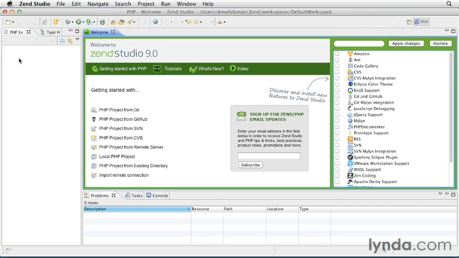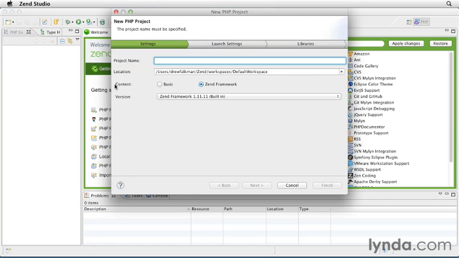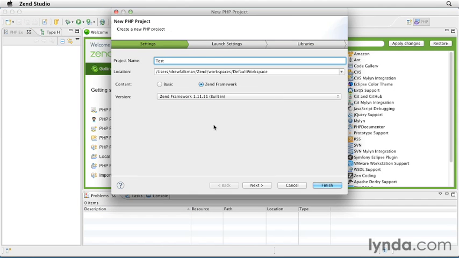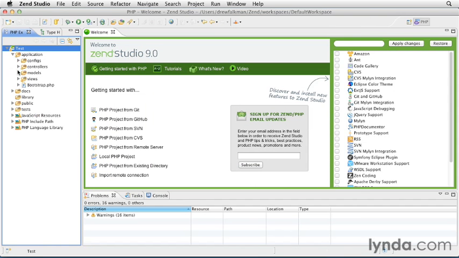You can create new Zend projects by simply right-clicking and going to create a new PHP project. You can give it a name, and notice it prompts you what version of the Zend framework you want to use. Once it's created, you can use some of the other tools to launch wizards to ease some of the other